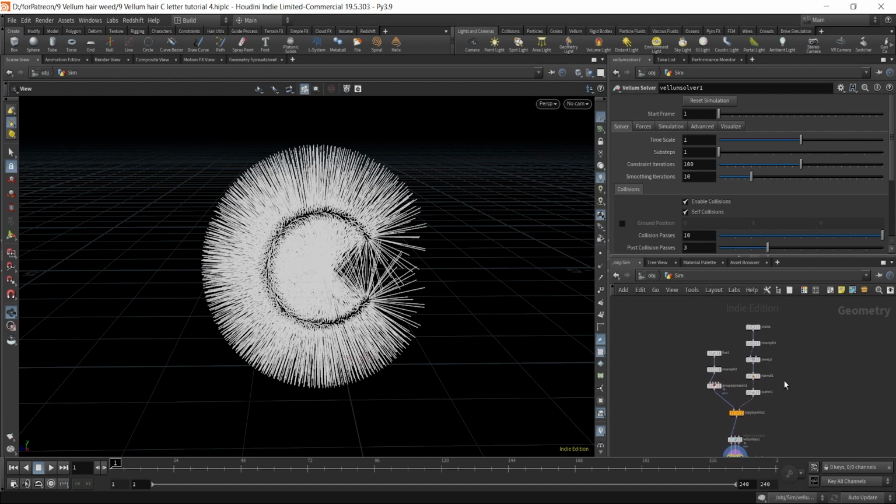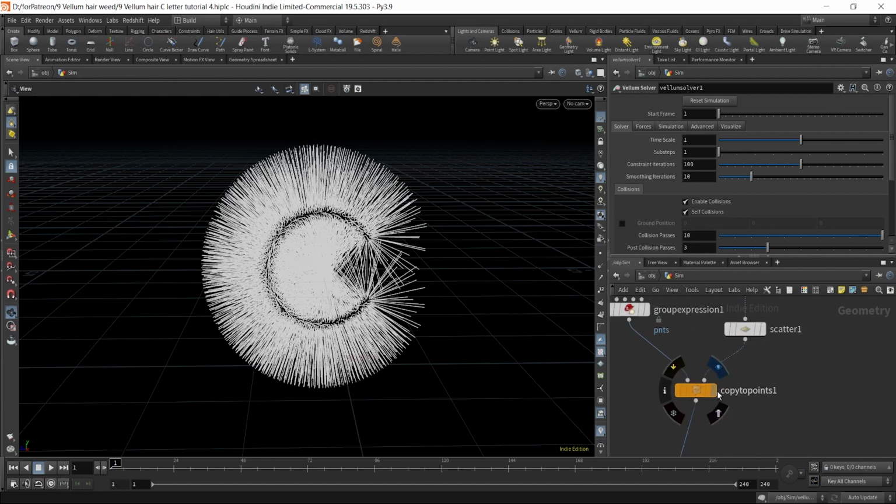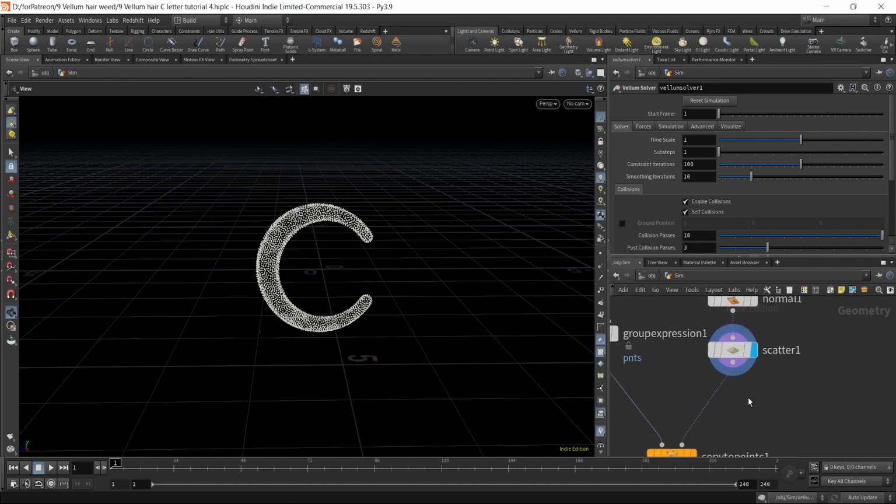So this is it, but this is not the shape of the hair that I want. What I want is all the hair needs to have different P scale, different length here. So what we can do is let's come to the copy to points, and after this scatter here, what